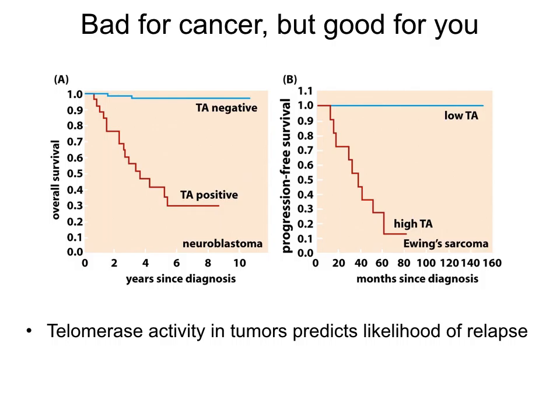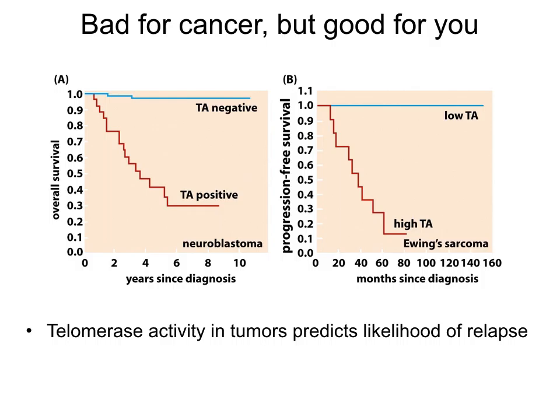So tumors that don't have telomerase activity, the blue traces on these Kaplan-Meier plots, have very good prognosis and low levels of relapse, whereas individuals who have TA positive or telomerase activity positive cancers have a much decreased likelihood of survival. So telomerase activity is a very good prognostic marker for the likelihood of relapse for a